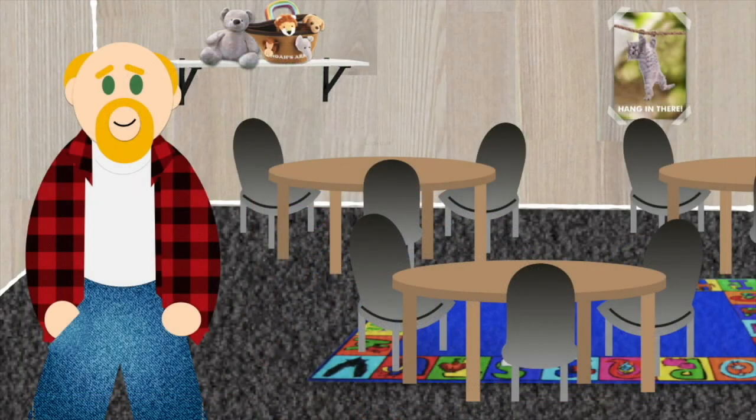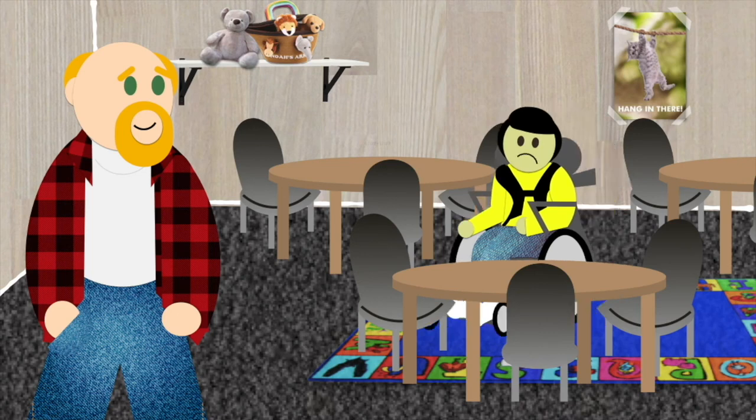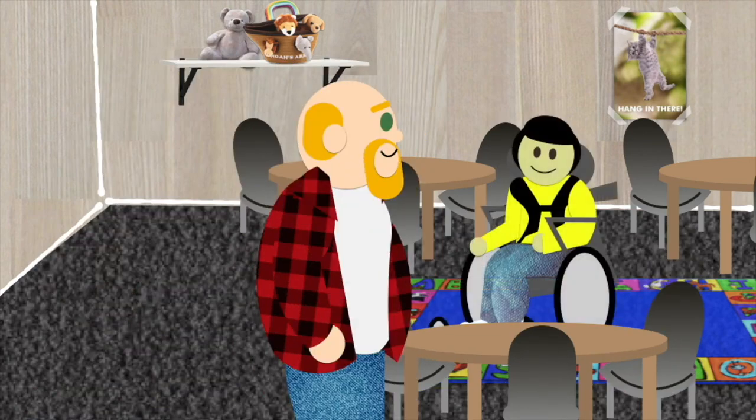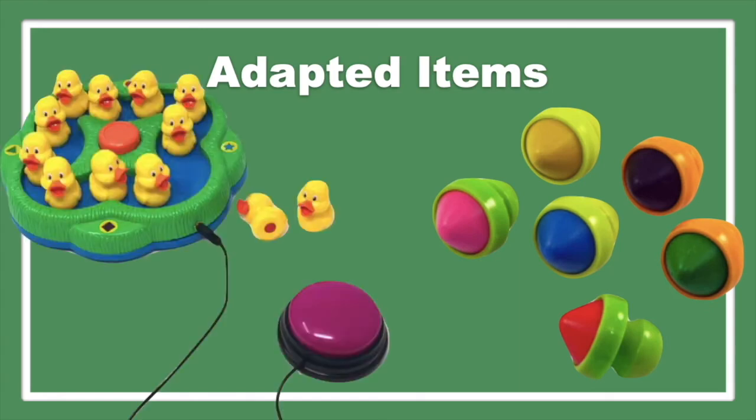Then, the next person you need to ask a question to is you. Look around your classroom and ask yourself what changes can be made to help the student be successful. Is the layout of your room open enough to accommodate a walker or a wheelchair? Or can furniture be shifted around to be more mobility friendly? If fine motor activities are challenging for your student, can you add some adaptive items to help? For instance, easy grip crayons can help make craft time more successful, and toys with larger control buttons can help a child with fine motor challenges play independently.